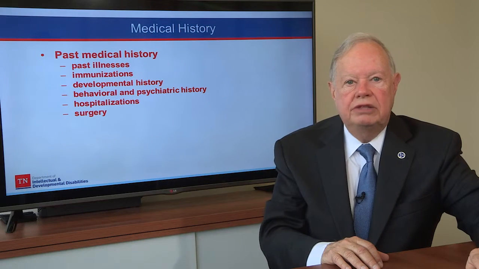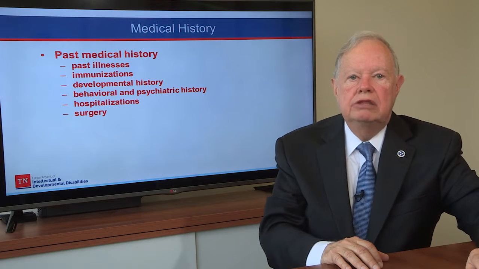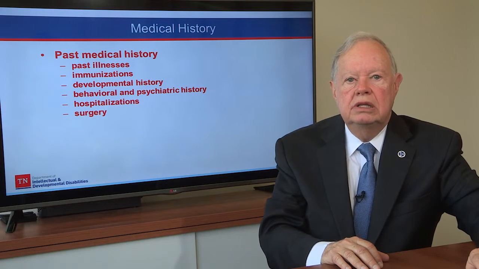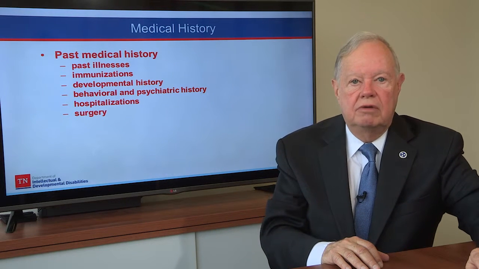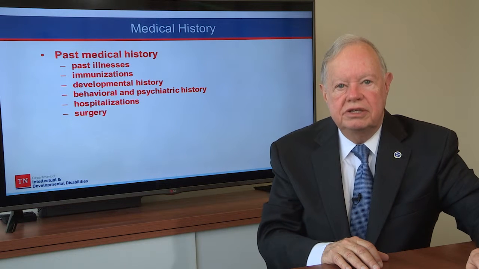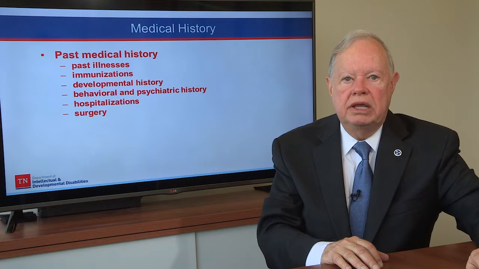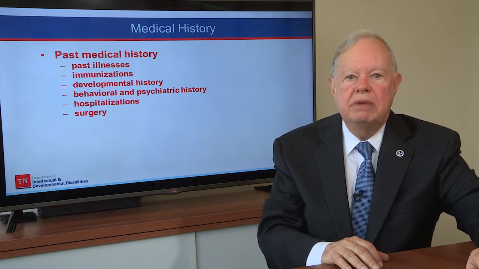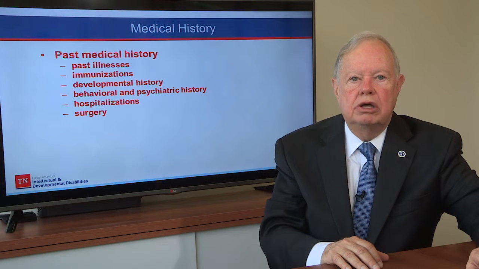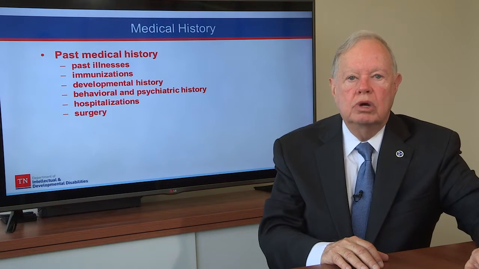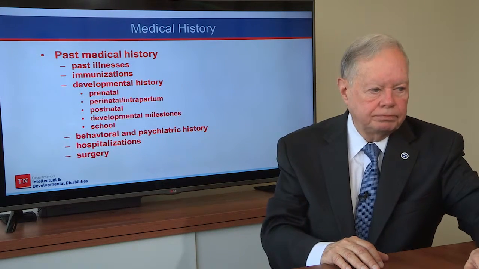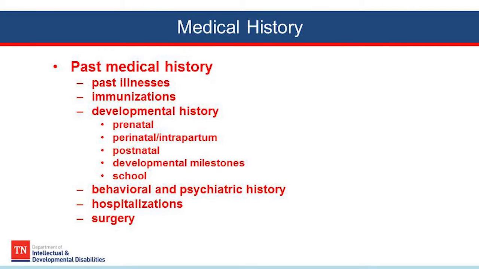If I know somebody's had their appendix out and they have pain in the right place for appendicitis, that becomes very less likely, and so that's very helpful. Or if the person's had extensive surgery and they're vomiting, they may have adhesions, they may have scar tissue that is causing problems. So each of these elements can be very helpful for me as I work through possible diagnoses. The more detail on the developmental history, the better.